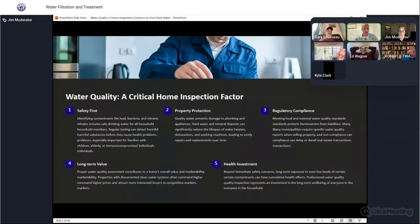The other element, as highlighted in number 2 here, is property protection. Hard water is kind of nasty. It has this little film that can be on your skin and build up over time. It can also foul